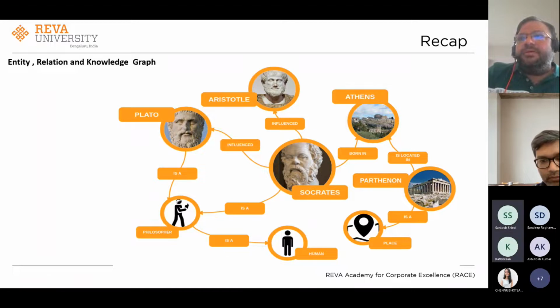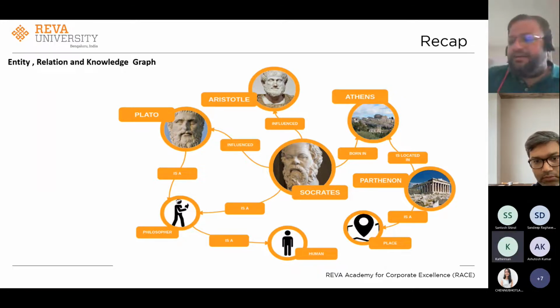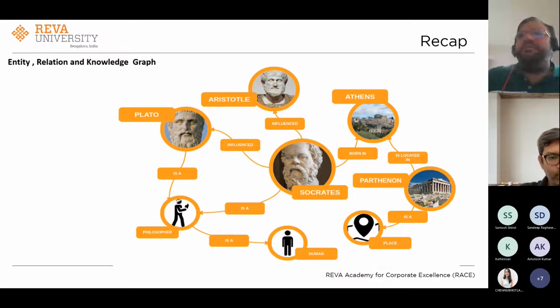This check is not that difficult. It's a medium-sized kind of problem. It depends on the quality of your knowledge graph. If you have defined everything nicely, you can get it.